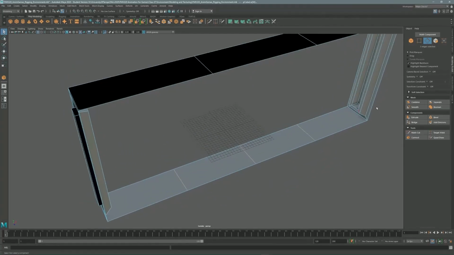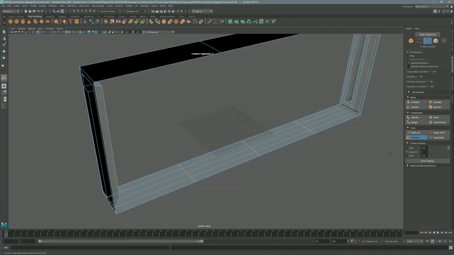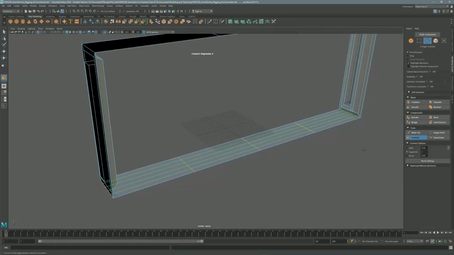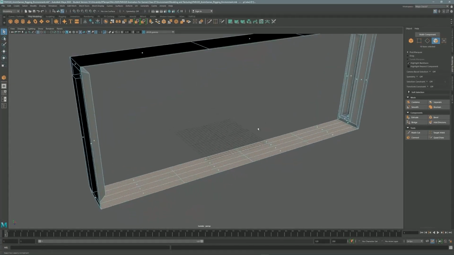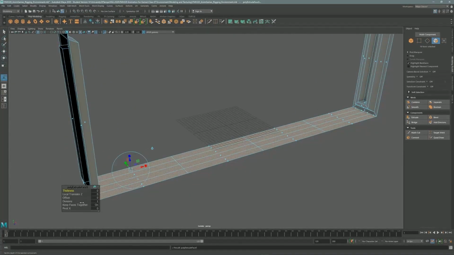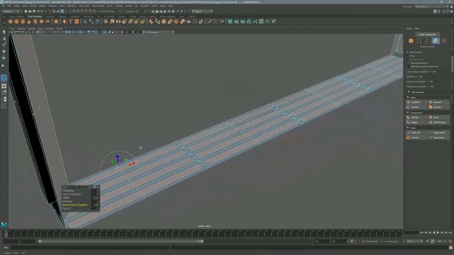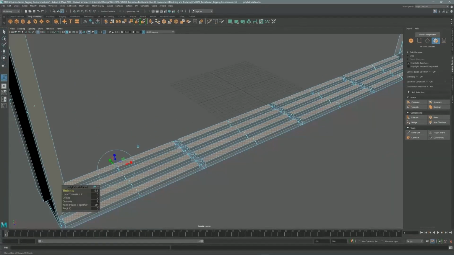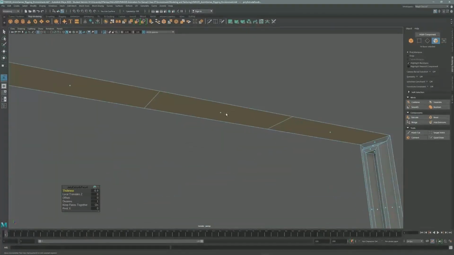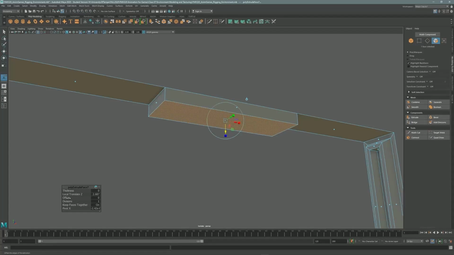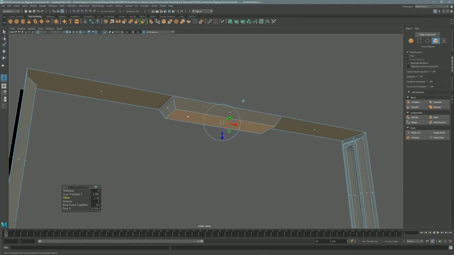And back to the floor, I'm gonna select all those edges here. I'm gonna connect again. 3 is fine, and then I'm gonna select all those faces, and I'm gonna extrude with offset and keep faces together off, and I'm gonna move that down. So I'm kind of creating a metal grid. Now I'm gonna extrude this down and offset,